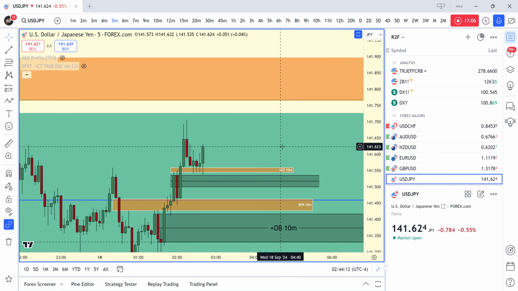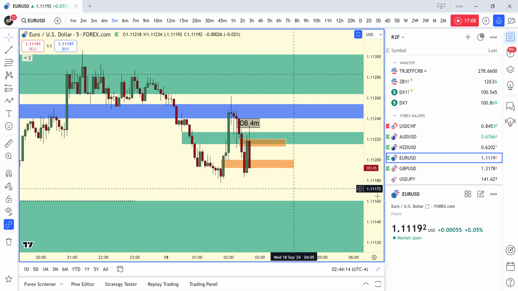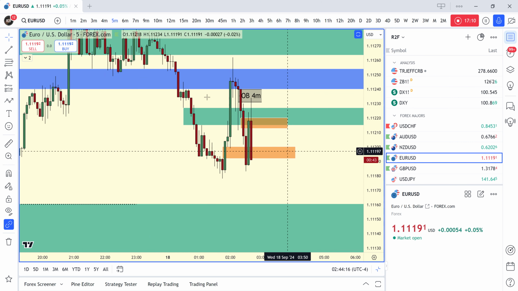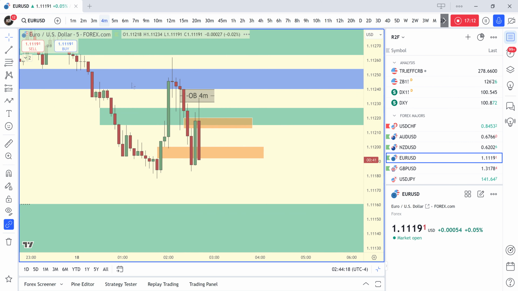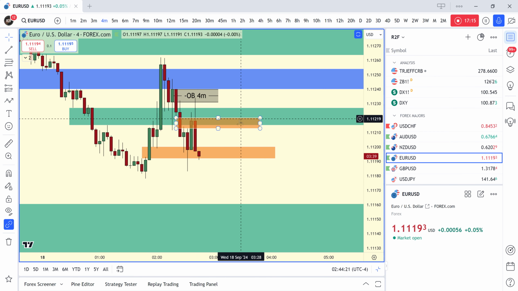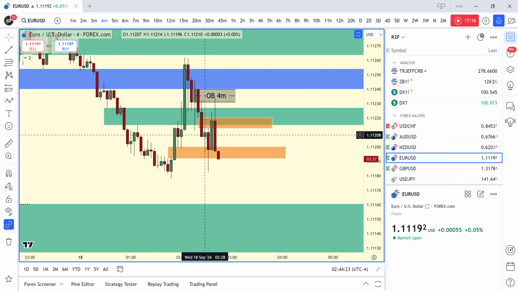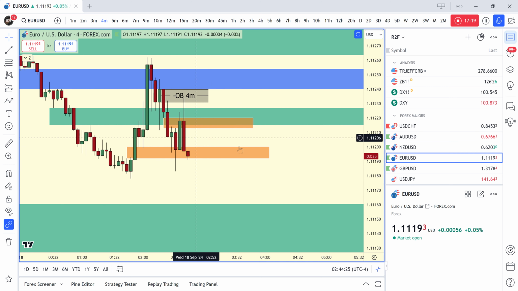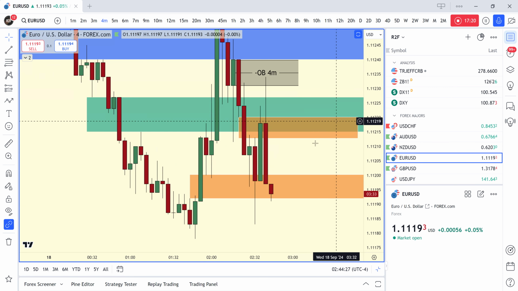Okay. Oh, look at that. Look at that. Oh, that's very nice to see. Yeah, I like that the breaker got formed here. Okay, so although we see a bullish breaker here,